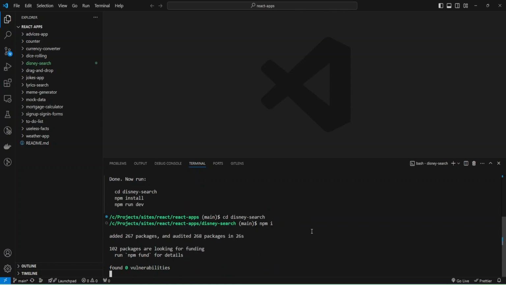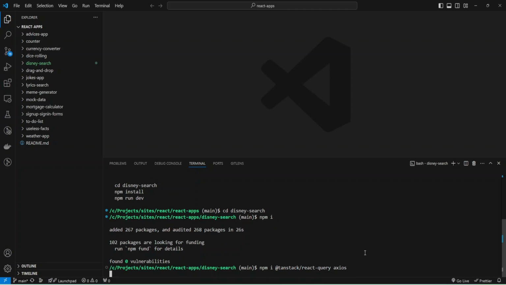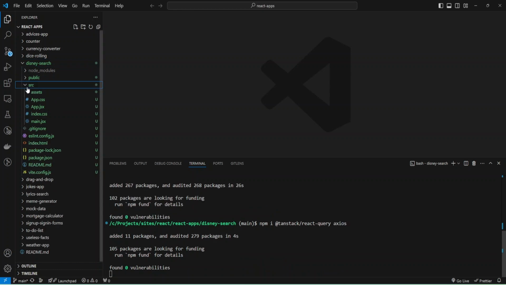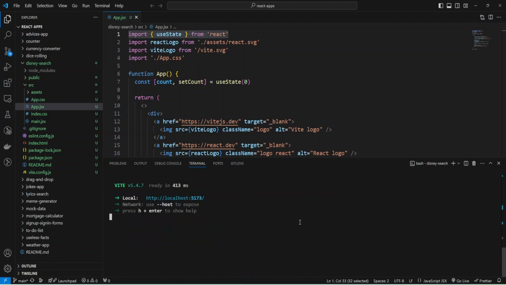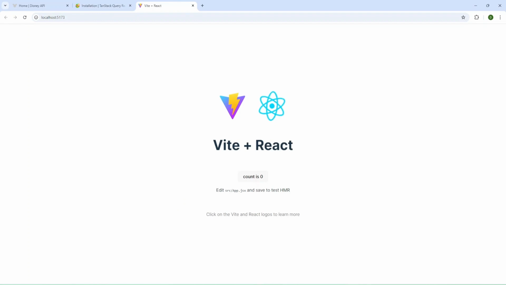Also, I'll use Axios, and I'll provide Axios and install dependencies. Now I can go to my source files and open up main.jsx, and dependencies were installed, and I can run the dev server with the command npm run dev, and let's check what we have, and we have auto-generated code.